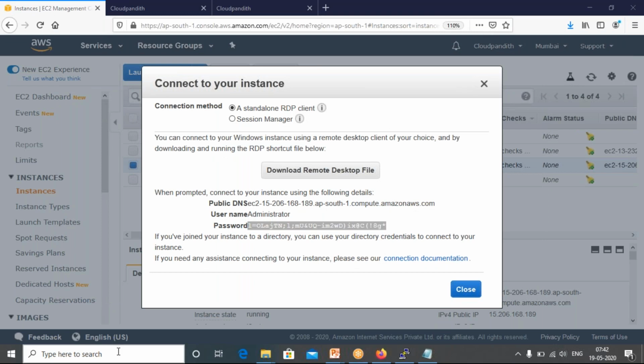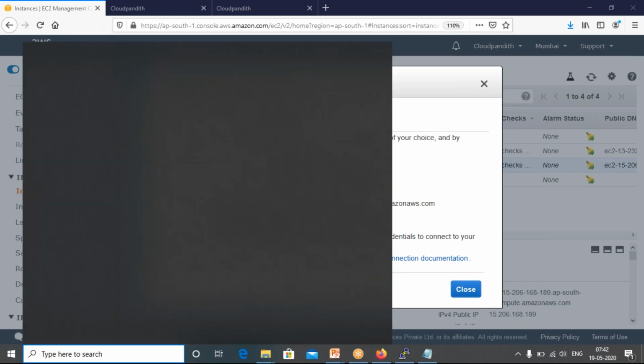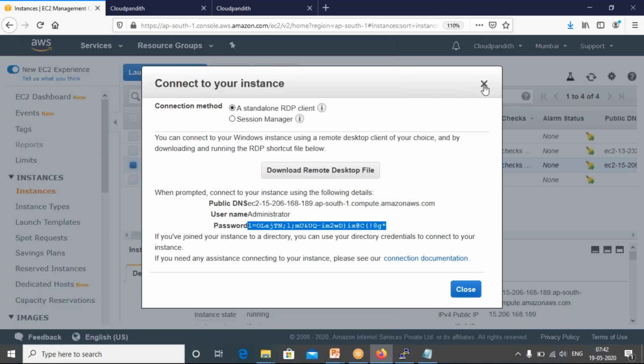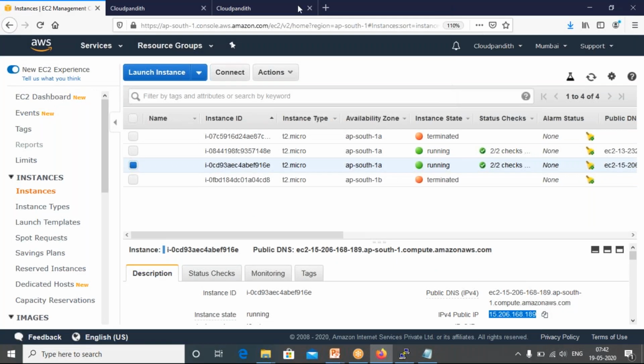How to log in, friends? You need to open Remote Desktop. You can click on this, then it will ask you to enter the host name. What is the host name? The public IP. This is the public IP.